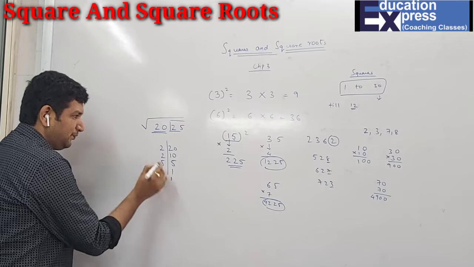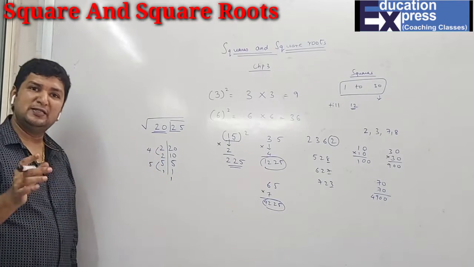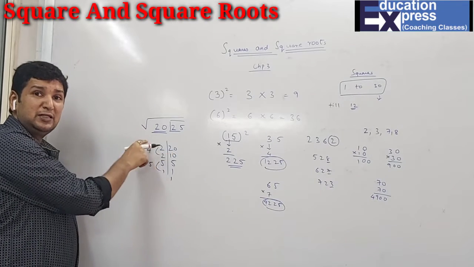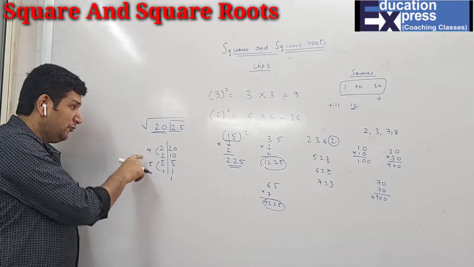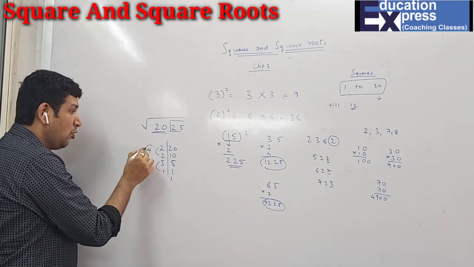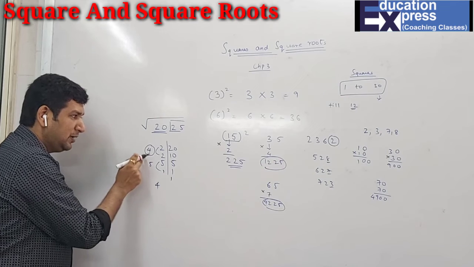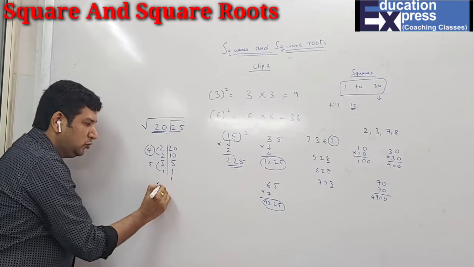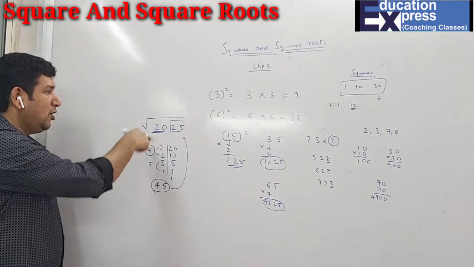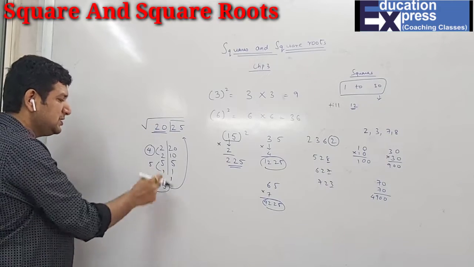That means any two numbers from this factor list which are consecutive I have to find. Here 2 2s are 4. 5 1s are 5. Can I say 4 and 5 are consecutive? Yes. And if you multiply 4 into 5, again it is 20. So when you get such two consecutive numbers whose product is the number whose factors you have found, then the one which is smaller, you can take that. Out of two consecutive numbers, the number which is smaller, 4, and the root of 25, that is 5. So that means 45 is the square root of 2025. Square root of this is 45.